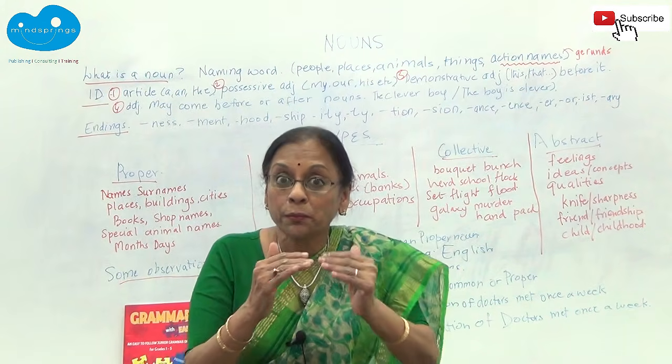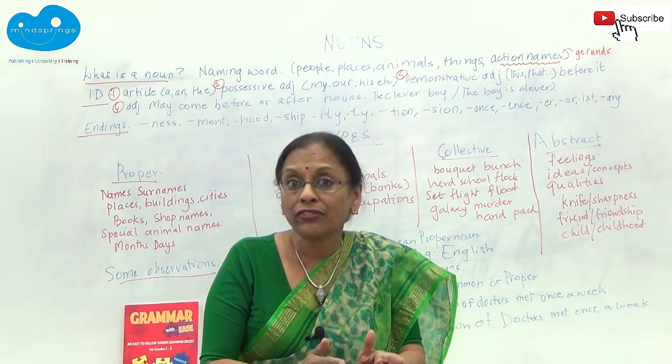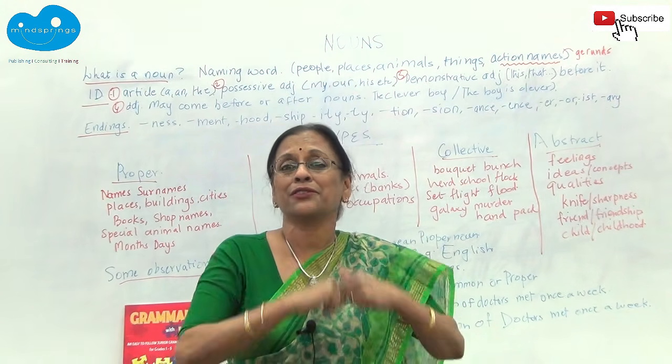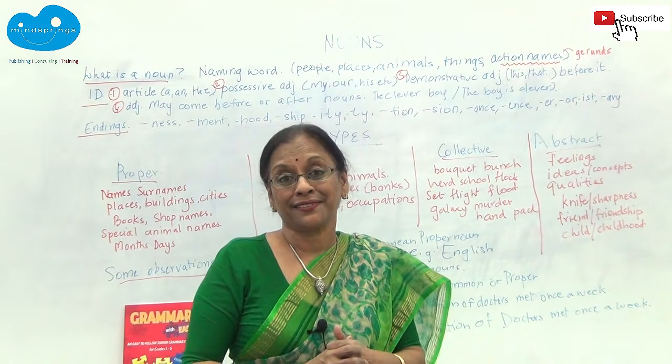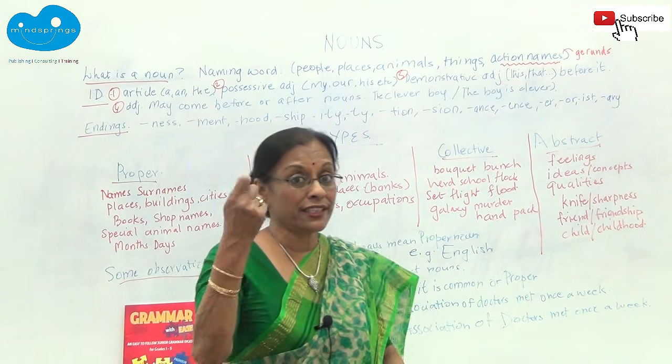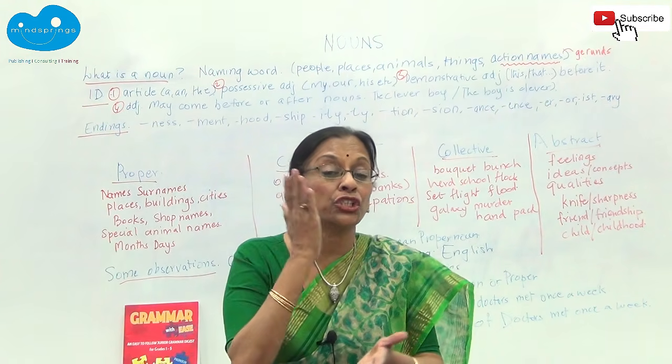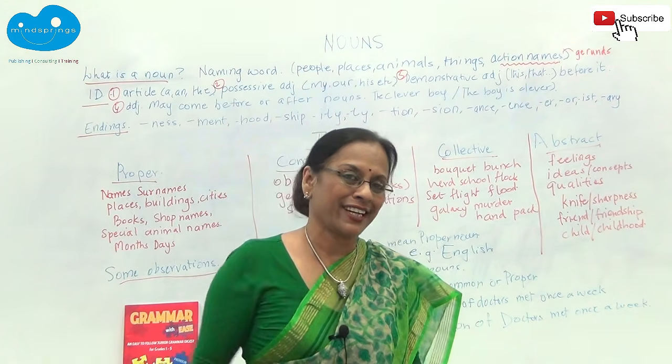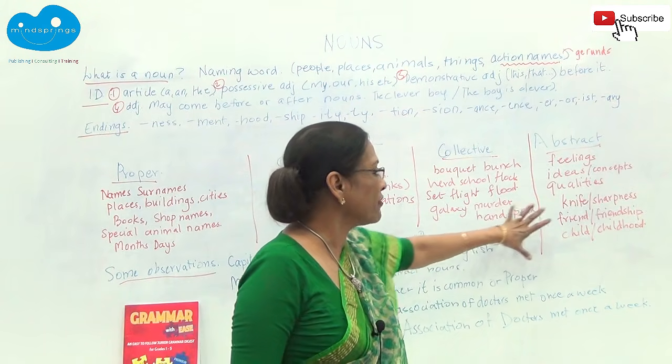And the way you experience that friendship will be very different from the way your friend experiences your friendship. Look at the complication. It's not even equal. And a knife: you can see a knife, hold a knife, but its sharpness is an abstract. Right? So therefore it's a fascinating one.